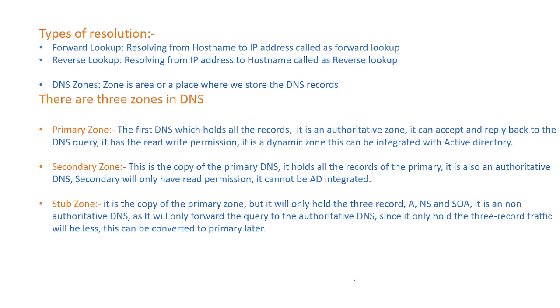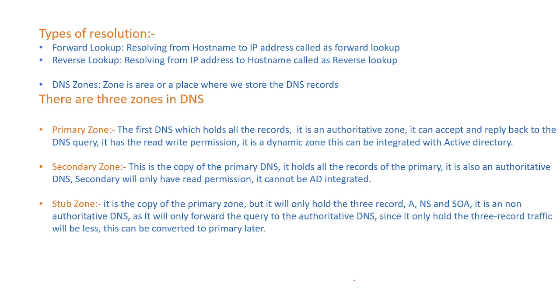Okay, and it has read-write permission. Earlier it had 192.168.190.25 and I modified the IP address to 125. So it allows me to do read and write operations, and it is a dynamic zone. As soon as I changed the IP address, the same got reflected in the reverse lookup zone also. It is dynamically updating the changes everywhere. This is called the primary zone.